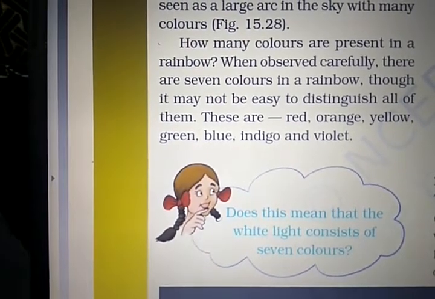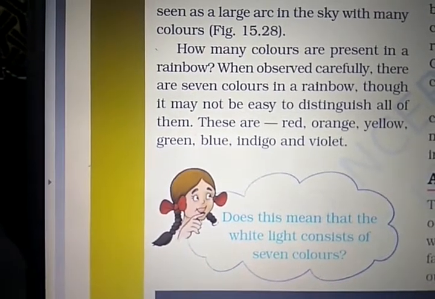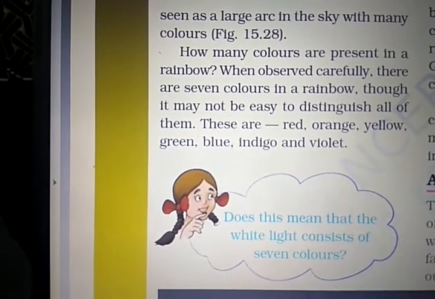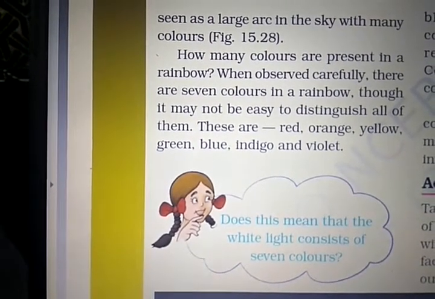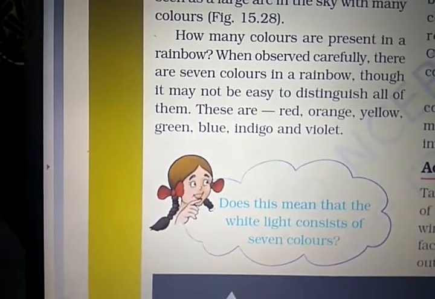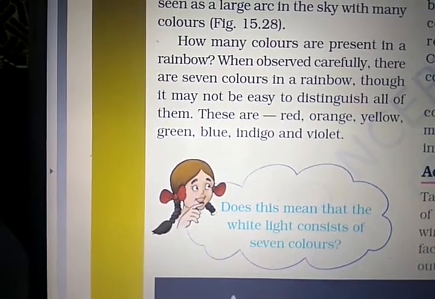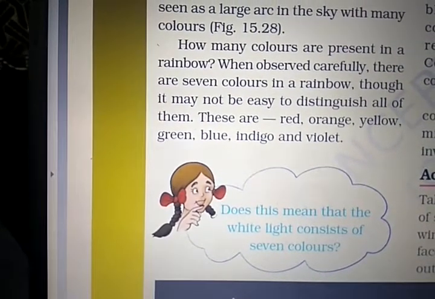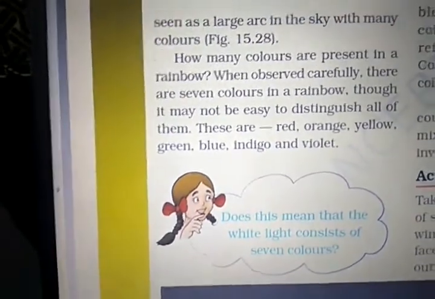When observed carefully, there are 7 colors in a rainbow, though it may not be easy to distinguish all of them. These are red, orange, yellow, green, blue, indigo and violet, right? So from here we start. We remember that